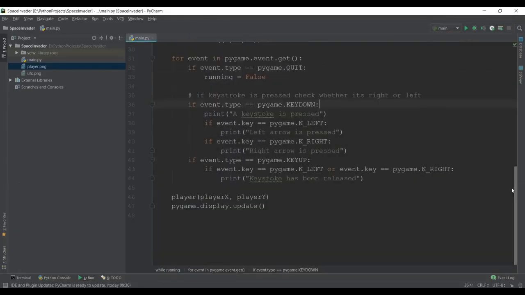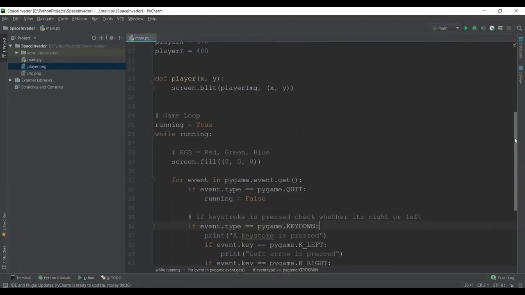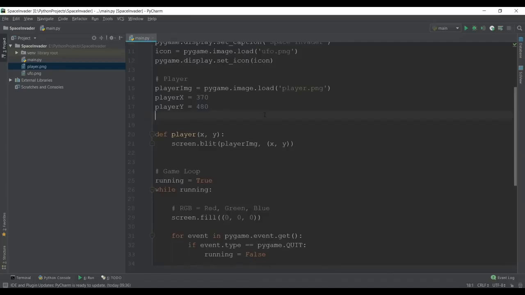So now we can just minimize it, and we are going to create a new variable over here, and this will signify the change that we want in X. So if we want the X to move in right hand direction, we need to add value to this existing value of 370, and if we want it to move in the left hand direction, we need to decrease value from it. So I'm going to create a new variable and call it